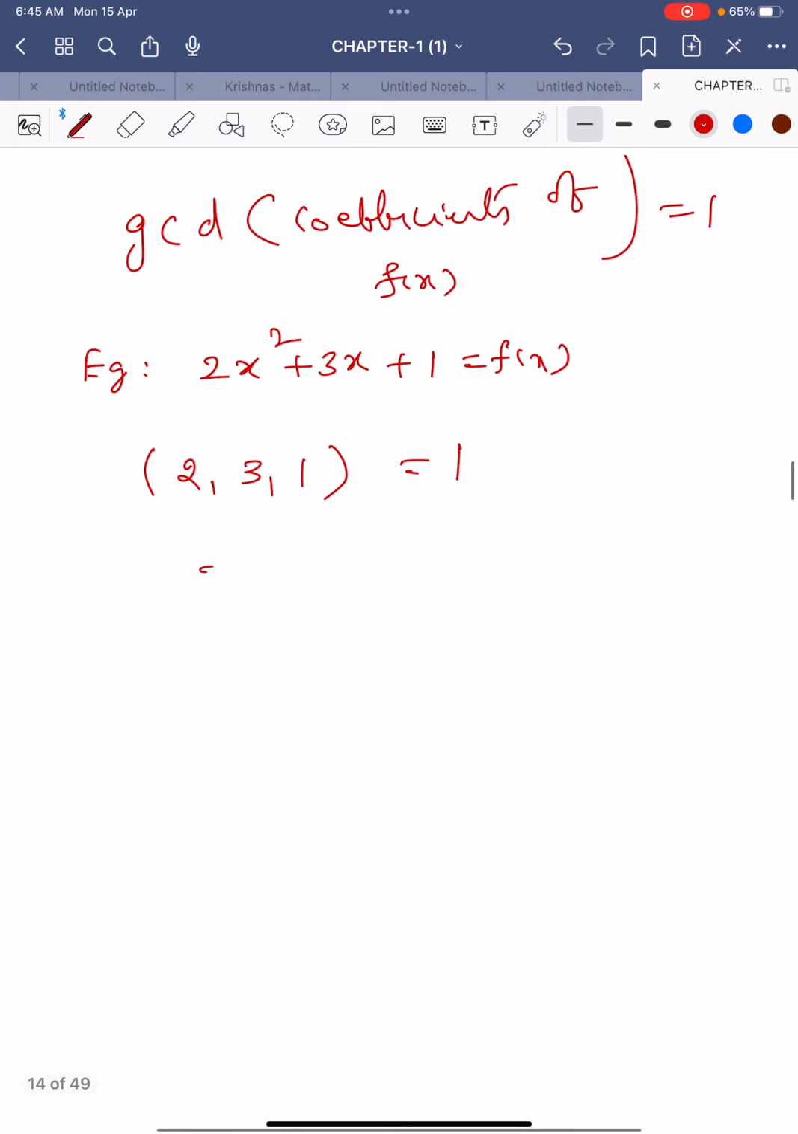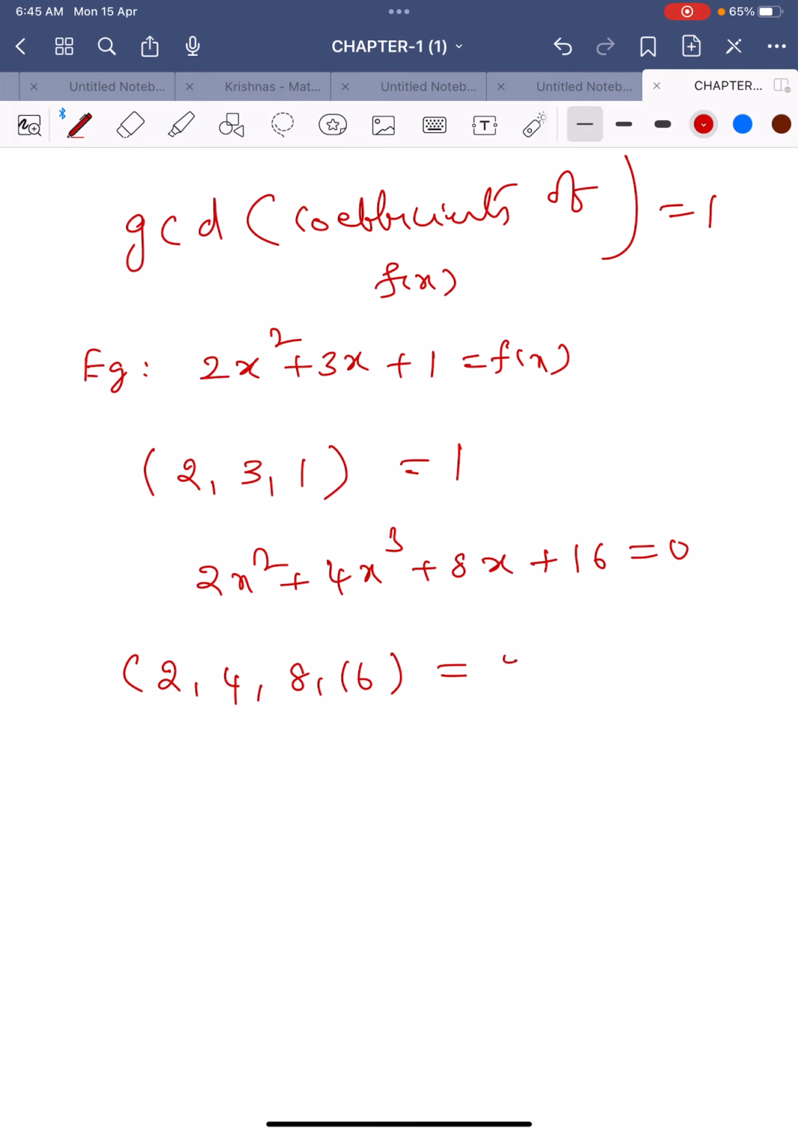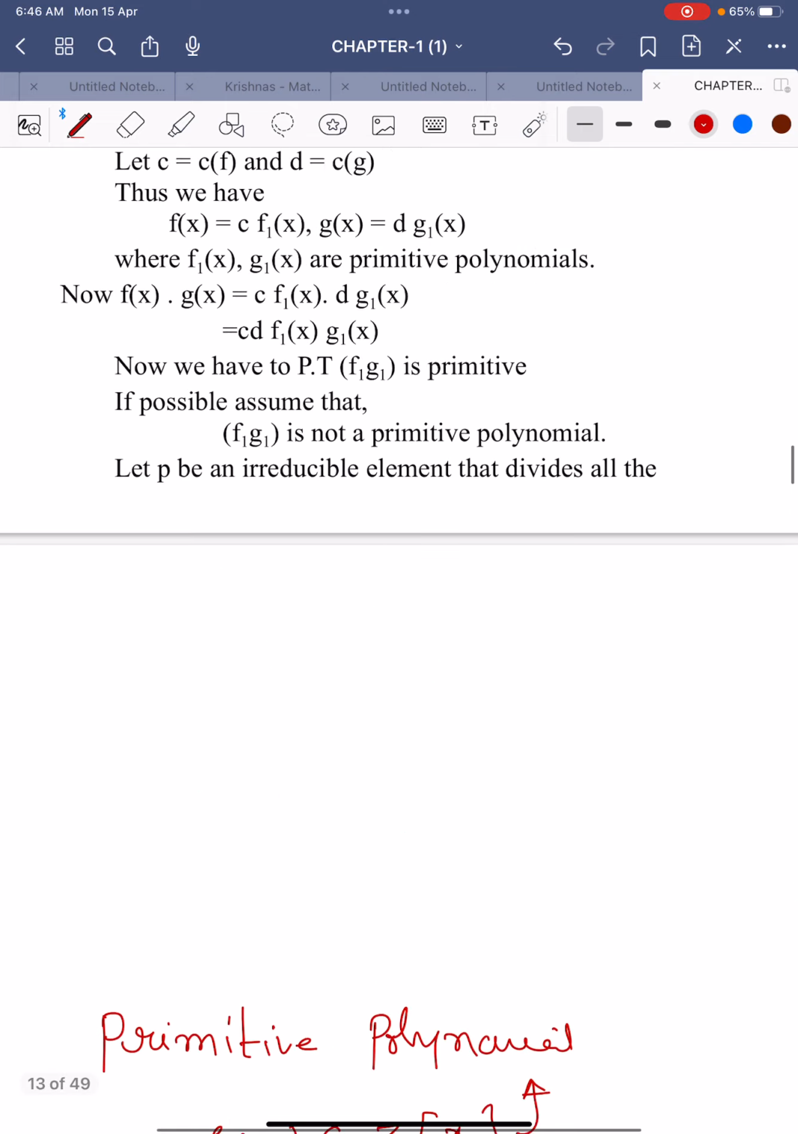Now see, 2x cube plus 4x square plus 8x plus 16. Now the GCD of the coefficients 2, 4, 8, 16 is equal to 2. Greatest common divisor is 2. Therefore, it is not a primitive polynomial. Not a primitive polynomial. So remember that a polynomial f of x belonging to